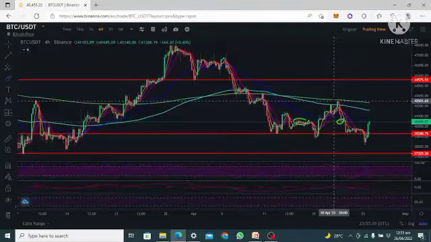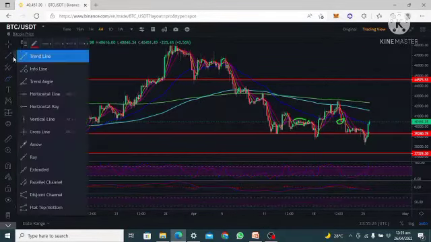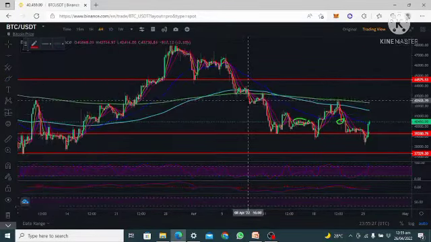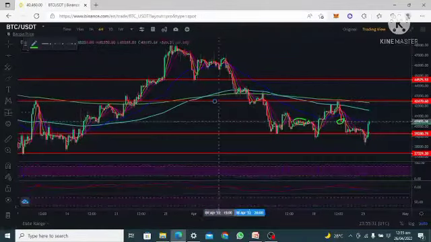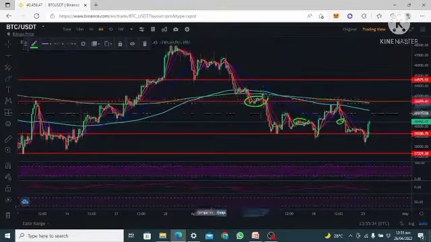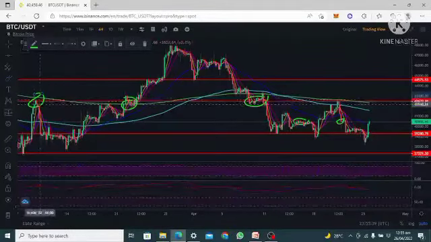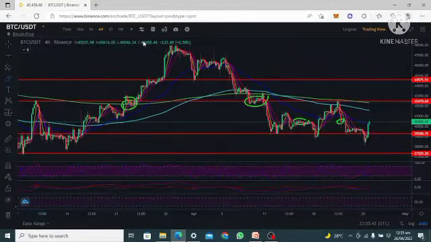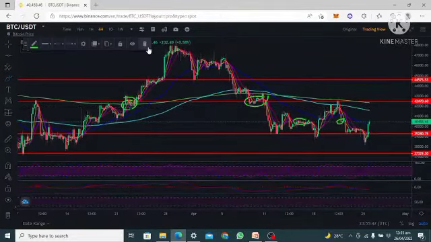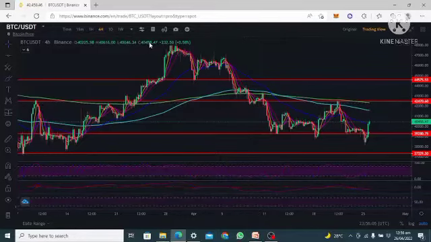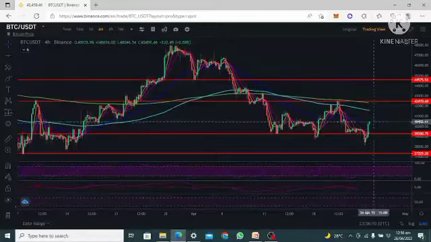And at this particular place of rejection there is resistance. When we draw a horizontal line here, you can see that it's sitting at a resistance level. Here is a resistance, resistance at the market. If you want to learn about resistance and support, you can watch that in my next video, in another video.